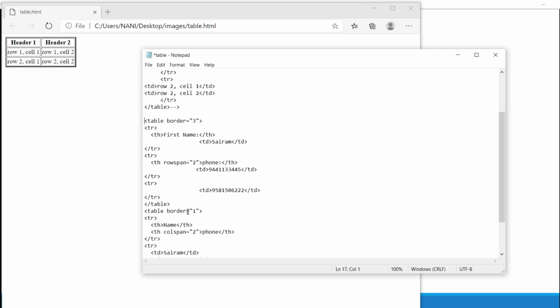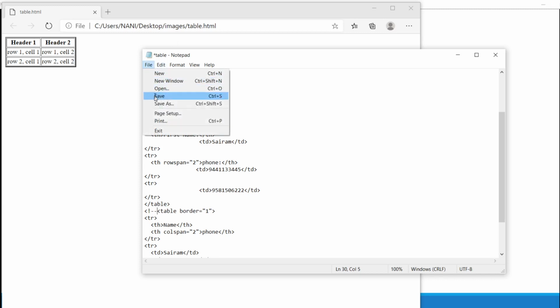I am removing the comment lines. Save it.